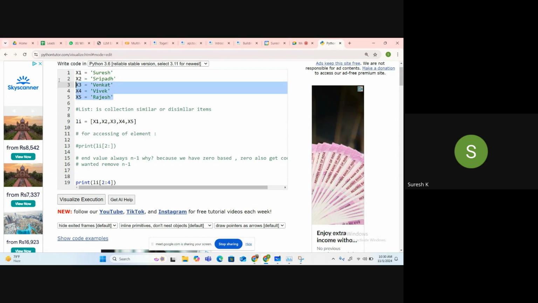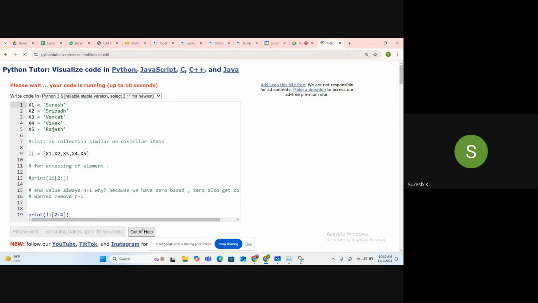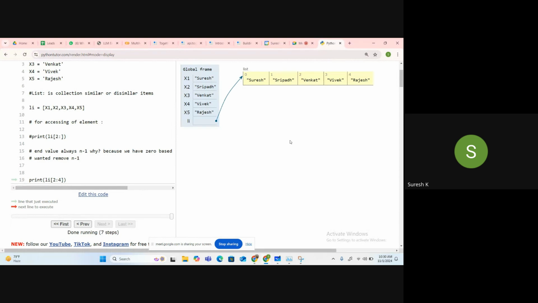Because technically speaking, if you have 5 objects, internally it is storing in 5 indexes: 0, 1, 2, 3, 4, right? Yes, that is the main reason.